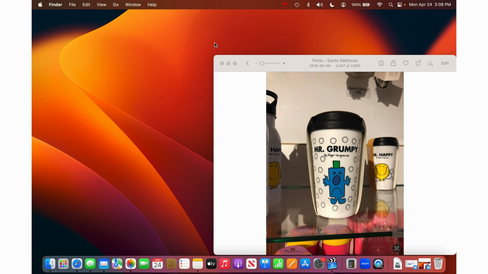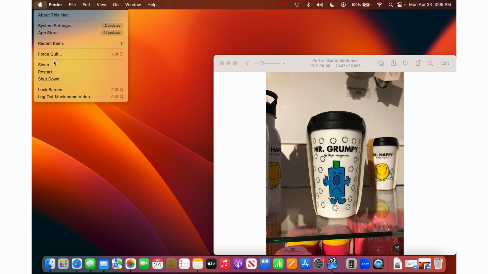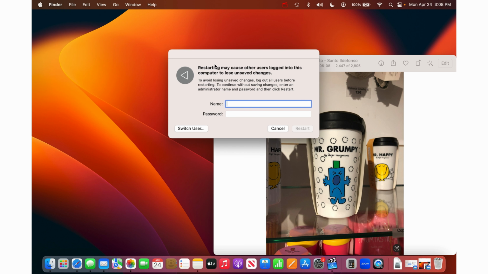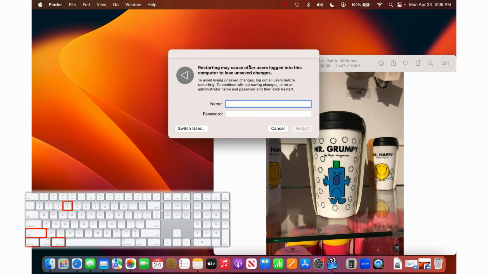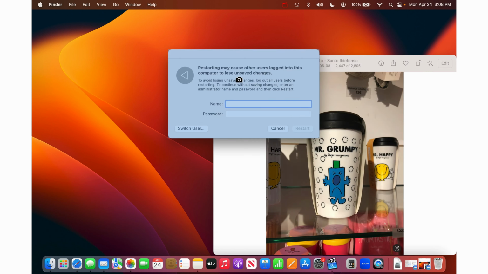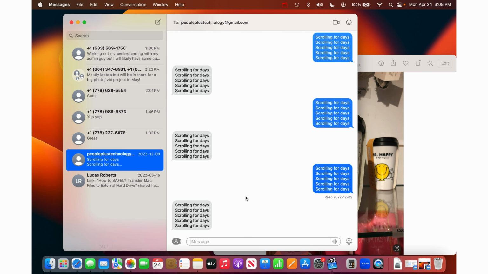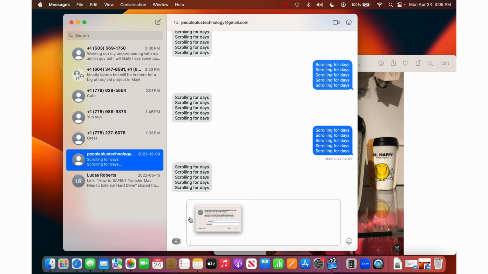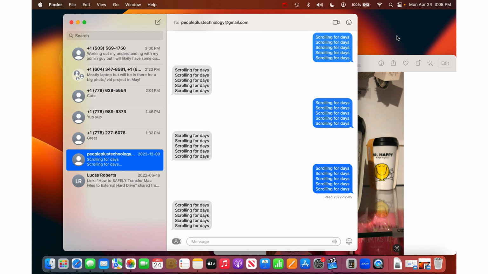Hot tip, if you want to do, let's say it's an alert, a message, something like that, you do Command, Control, Shift, 4 and let go of all of those. And then you press the space bar and you can actually click on a window that you want to capture. So if you click on this, then we'll say cancel here. Again, you go to Messages, paste, you'll get a really nice cutout of just that message with a nice drop